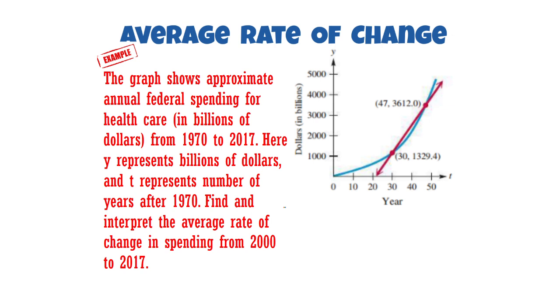So I'm going to do y minus y. That's going to be 3612 minus 1329.4 over x minus x, 47 minus 30. I know that's a 17, and I'm going to grab my calculator to do this one. Right? 4982.6. Okay, so what this means is that every 17 years,